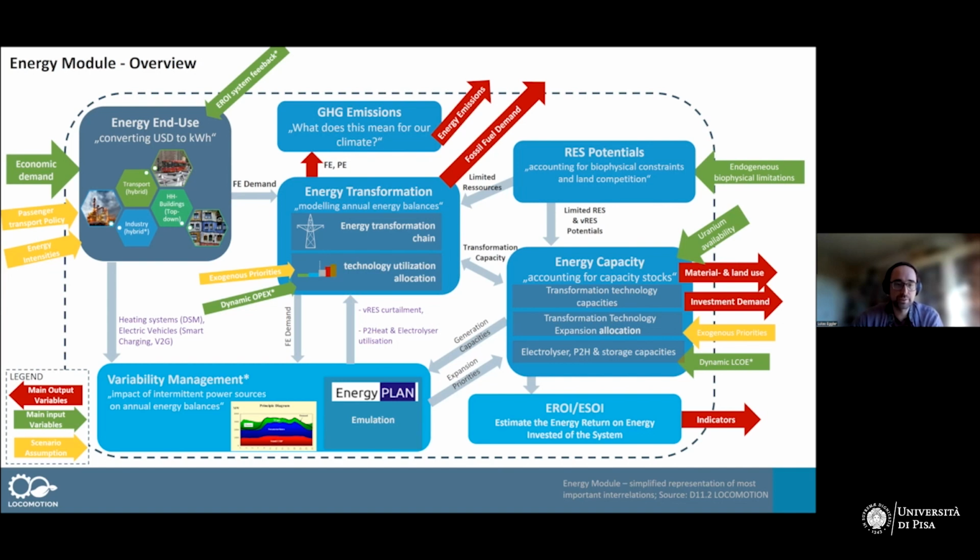We don't represent grids in the system, for example, and we have only annual time resolution. Yet we had to find a way of modeling these sub-annual timescale effects in these annual energy balances,